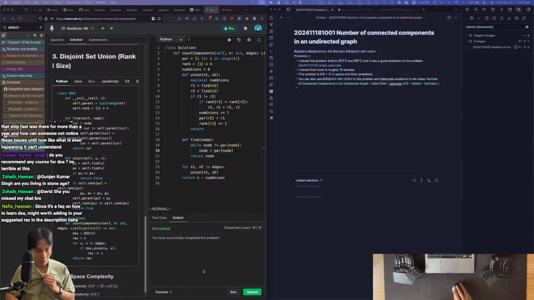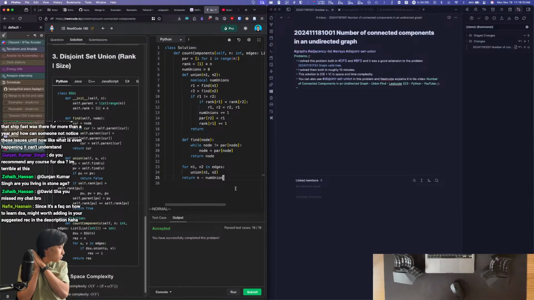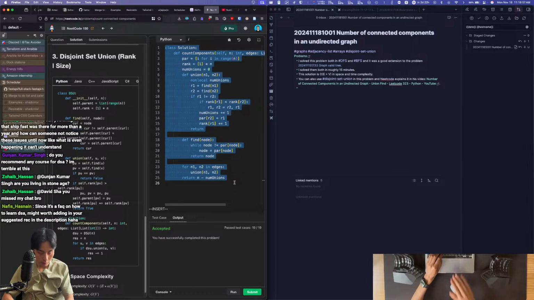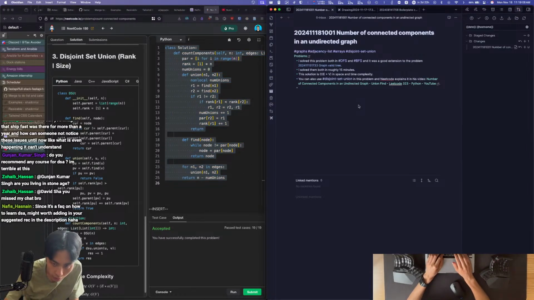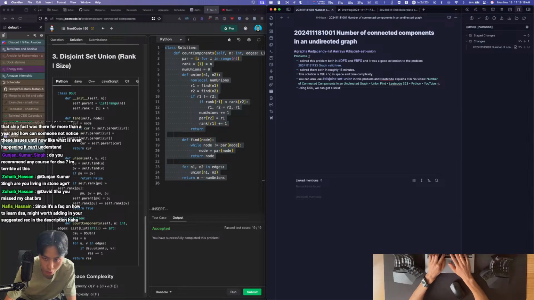So I'm going to say that we solved this problem using our method, which is pretty close. But there are a few optimizations that you can do here as well. So using disjoint set union, we can get a solution